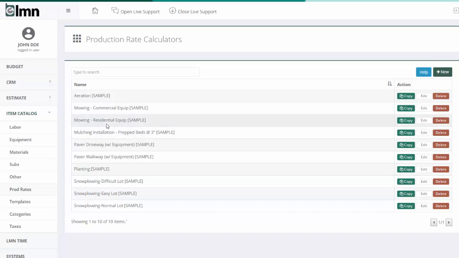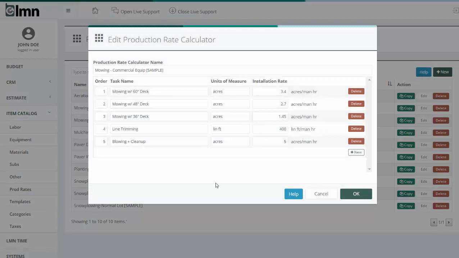If you're a maintenance contractor, try opening the mowing commercial equipment example. Here you'll see we've set up a production rate calculator for mowing commercial size properties. Now, if you're mowing with different sized decks, you're going to be able to mow different rates of acres per hour. So each deck has its own row. The unit of measure is acres, and the installation rate is how many acres per man hour that deck